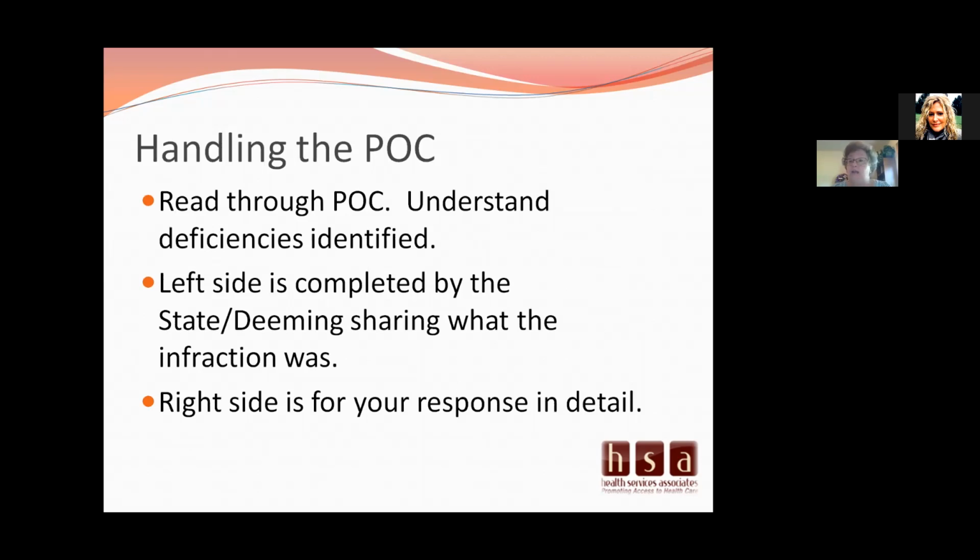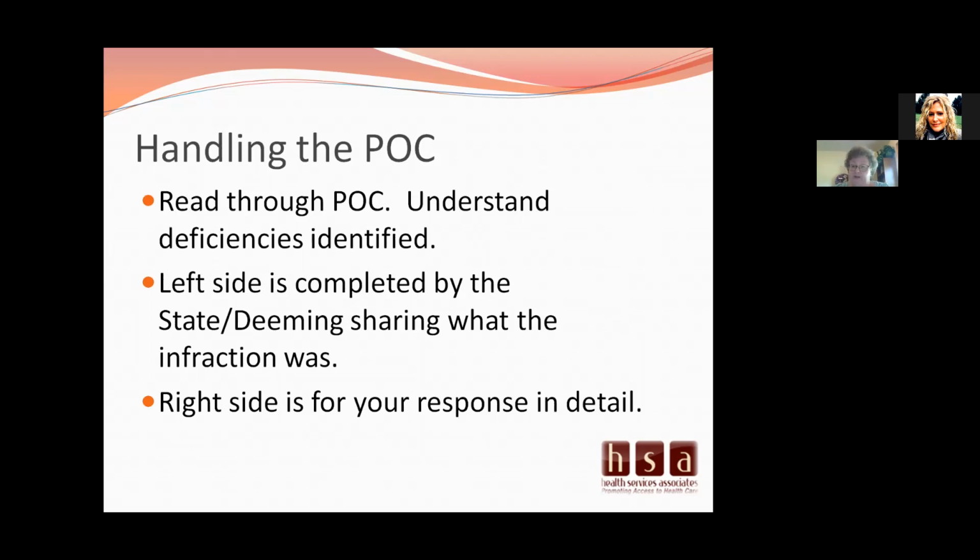Don't call and say, well, you told me this was a deficiency, what do I do? Don't ask for more. Just read through it. If something that was mentioned was not addressed, that may have been that surveyor's recommendation. And then when it went through the second level of review to send the plan of correction to you, somebody may have felt that this really is more addressed in this other one that they've already written, and so they may not have addressed it specifically.